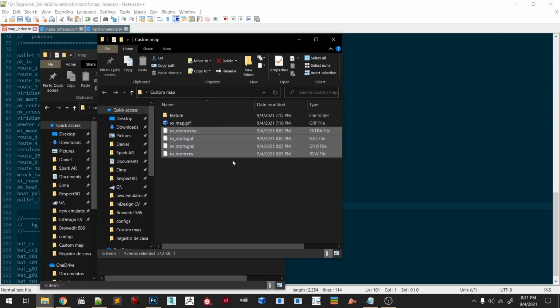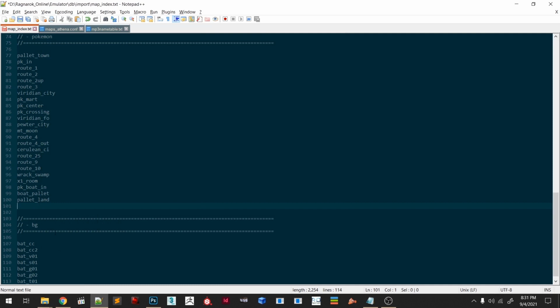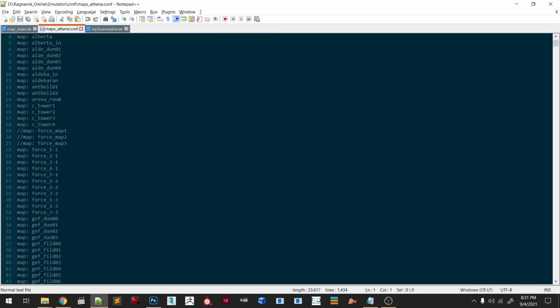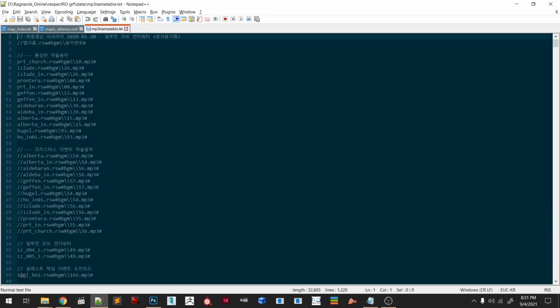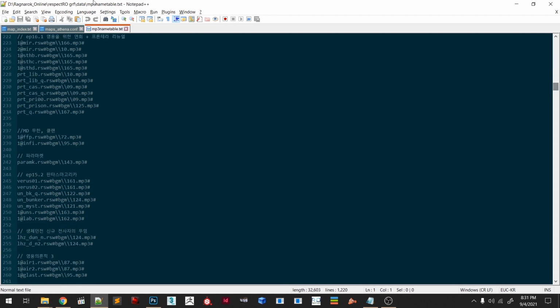This is our map files. We have 4 of them. So RO room. Hit save. Maps Athena. You just go down here. Oops. Down here. And then you put map and the map name. RO room again. Hit save. And if you want to add music, oh, remember, the maps Athena is in Ragnarok, emulator, config, maps_athena.conf. Alright. So if you want to add music, you can do it by going to